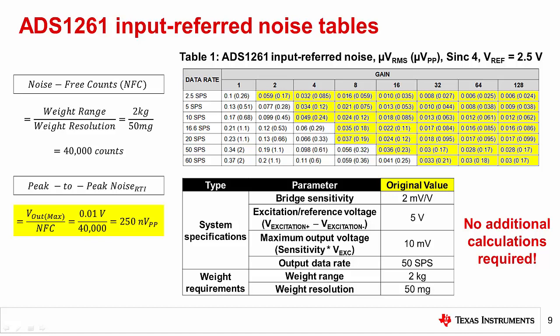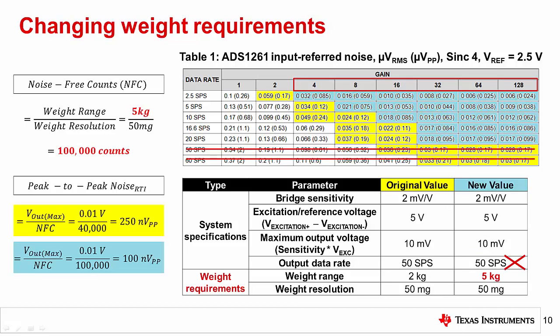So far, we have limited the system changes to those that did not affect the target noise. How would altering the weight requirements change this analysis? Would using absolute parameters still be beneficial? As in the previous example where we changed the system specifications, the original system specifications and corresponding noise table are highlighted in yellow. For this new example, the blue column represents any modified values, which in this case is only the maximum applied weight that has been increased to 5 kilograms.